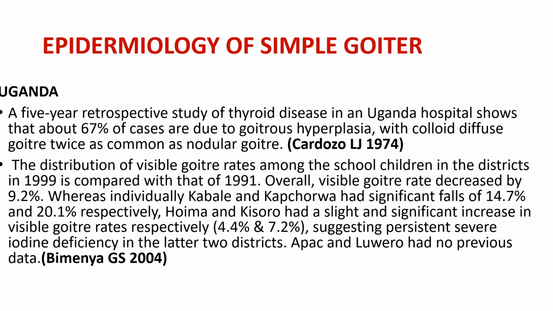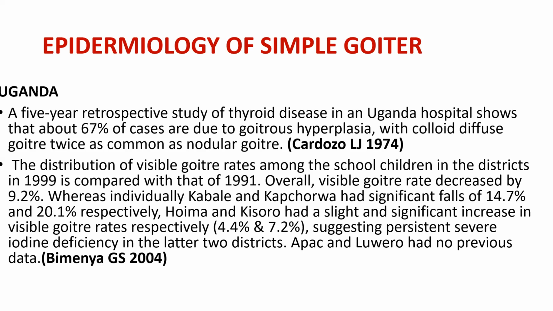So epidemiologically, we're starting with Uganda. Unfortunately, we couldn't get the current data regarding these simple goiters. But the study which was done as a retrospective study by Cardozo LJ in 1974 showed that through this 5-year retrospective study of thyroid disease in Uganda hospital, about 67% of the cases are due to goiter as hyperplasia, with colloid diffuse goiter twice as common as nodular goiter. But also a study which was done by Bimenya GS 2004,